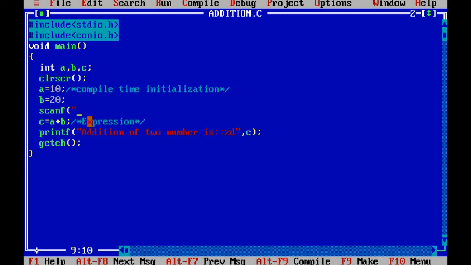First I put the format string %d, because the variable's data type is integer, int. So I give the format string %d, comma, ampersand a.